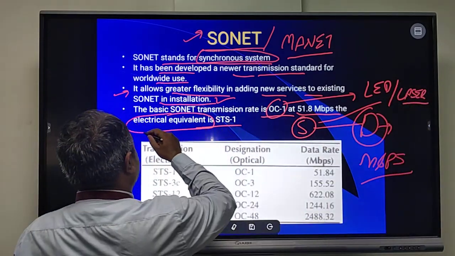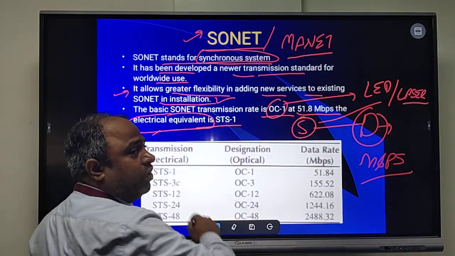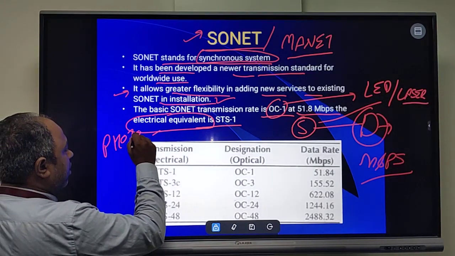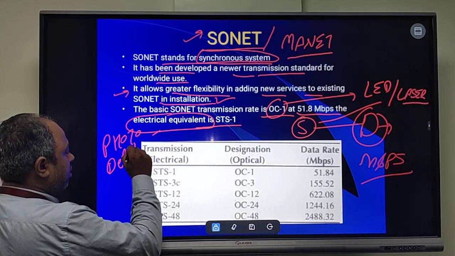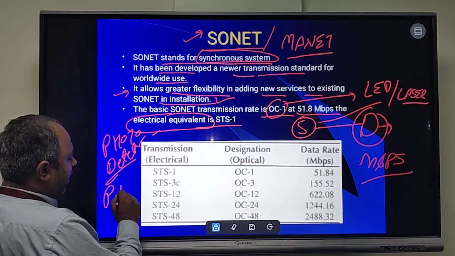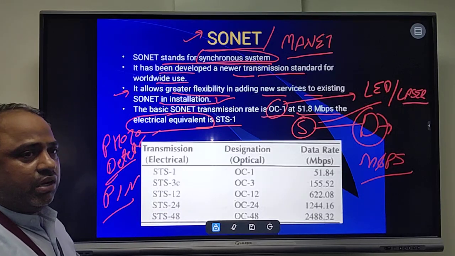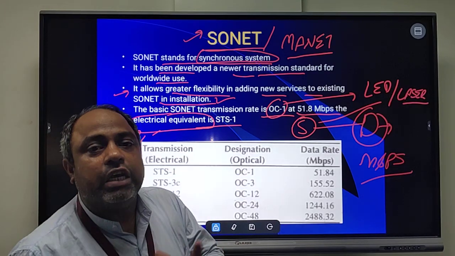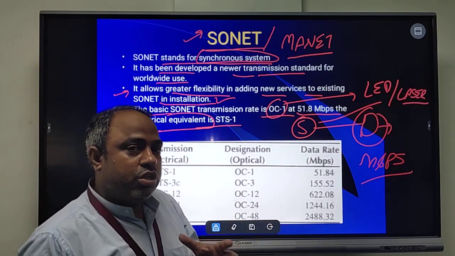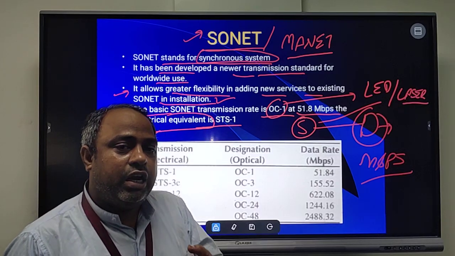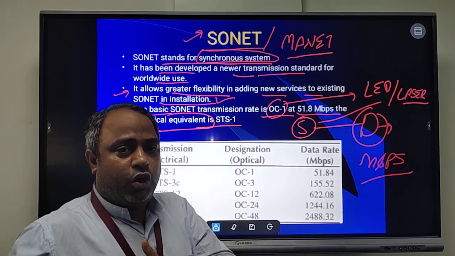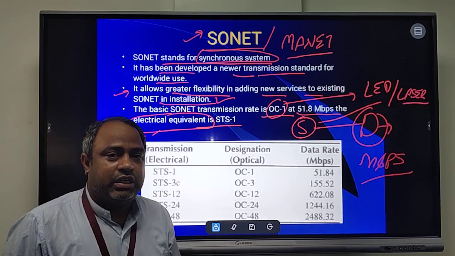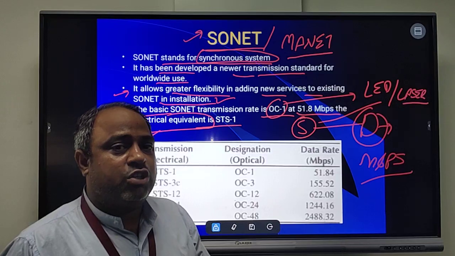required for a transmission. But in the electrical case, these sources work as a photodetector for the transmission purpose, and at the same time we can use a PIN detector also, and lots of other detectors can also be introduced during the transmission. So this is a combination of electrical and optical. Before transmission, you convert the electrical signal into optical, and at the receiving end you go from optical to electrical,